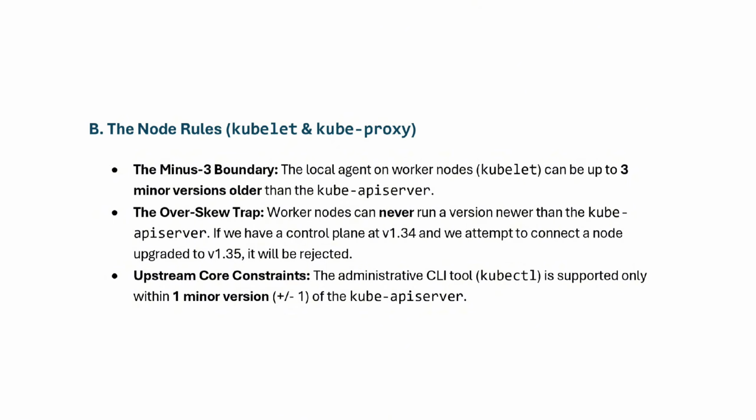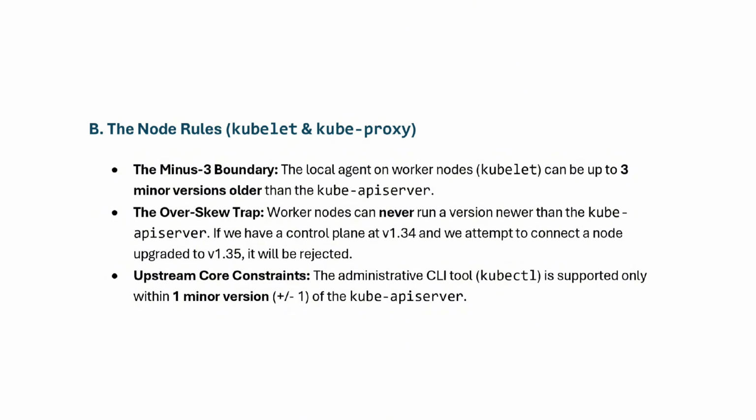The -3 boundary: the local agent on worker nodes, kubelet, can be up to 3 minor versions older than the Kube API server. The overskew trap: worker nodes can never run a version newer than the Kube API server. If we have a control plane at version 1.34 and we attempt to connect a node upgraded to version 1.35, it will be rejected. Upstream core constraints: the administrative CLI tools, kubelet, is supported only with one minor version plus